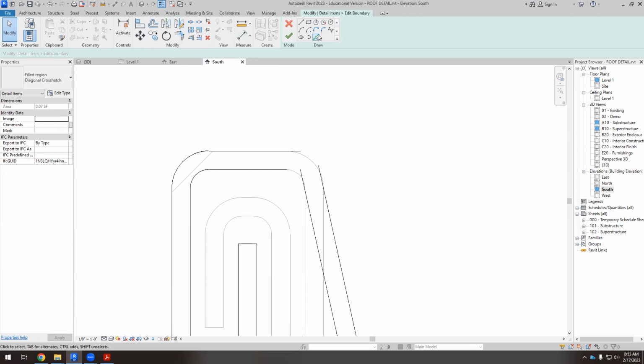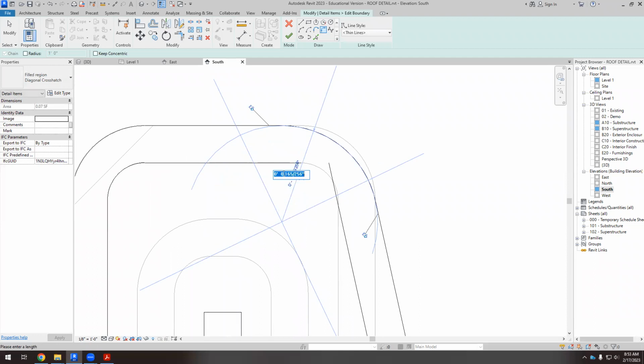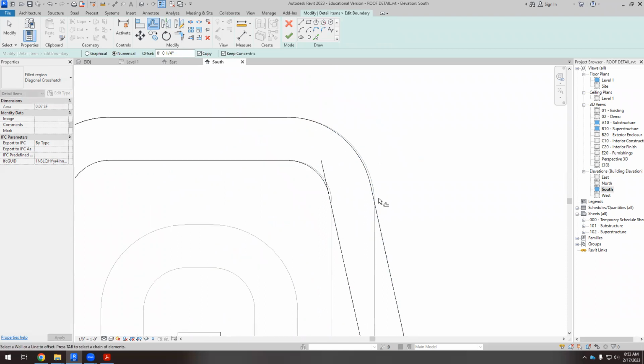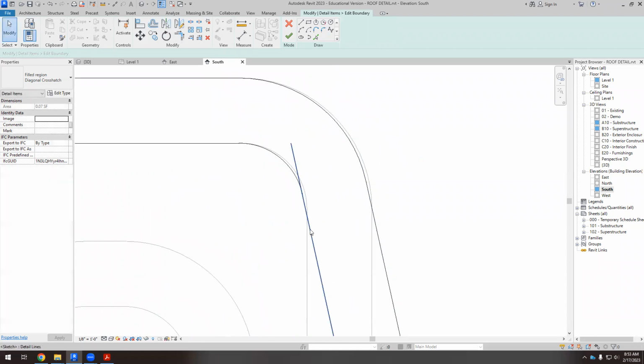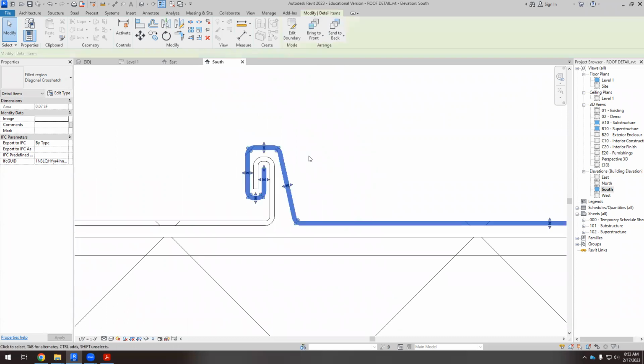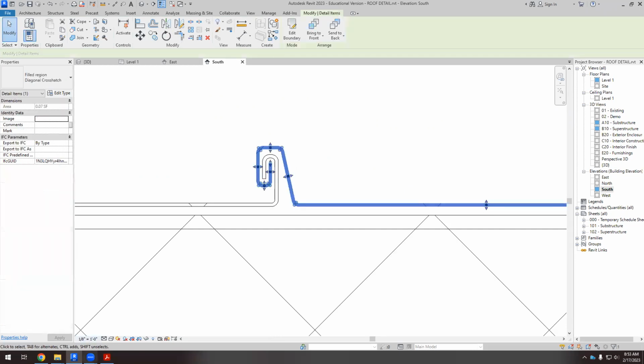So I'm going to fillet this and this. I'm going to make it 1/2. And now I think I can offset 1/4. Okay, that looks good. And I can move it here. Okay, that looks better. I click OK, and that's the shape that we have now, because that shape is more